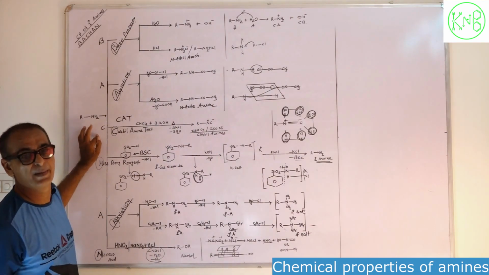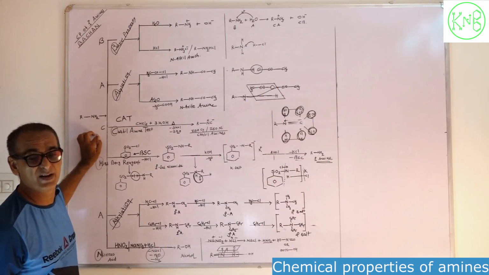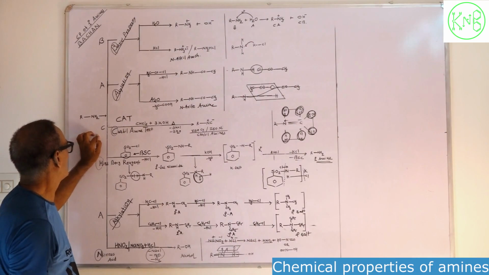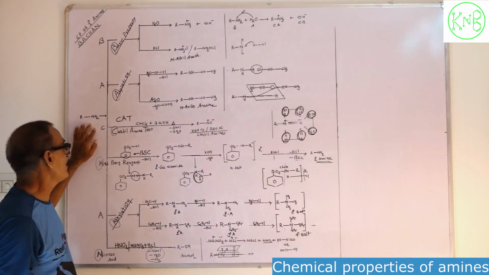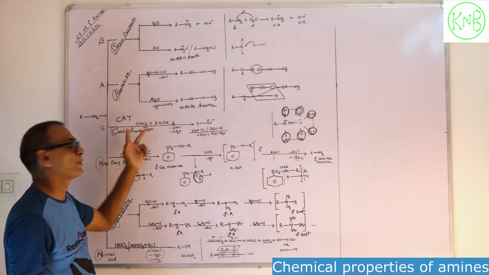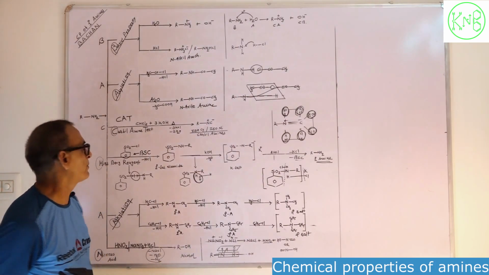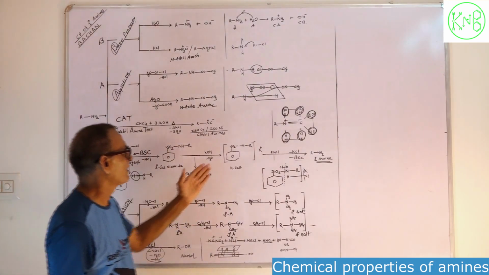Next one is the carbylamine test. This is a very important test. When a primary amine is heated with a mixture of chloroform and potassium hydroxide, at that time,